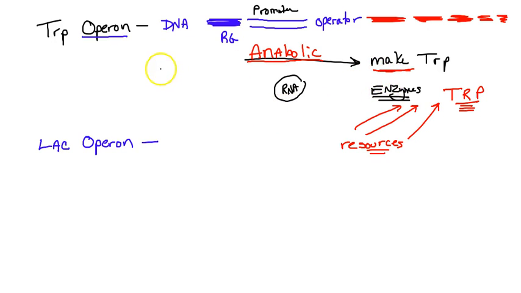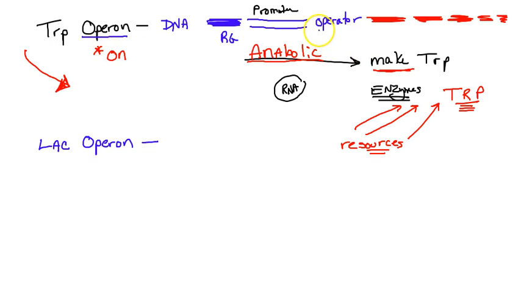Now, think about this, because people get confused. When I memorize the trp operon, is it always on or is it always off? Well, if we're going to make enzymes to make tryptophan, we only want this to be on when we need it. So if you don't have any tryptophan in the vicinity of this gene, and again, this is in prokaryotes, so there are no cell organelles, so if there isn't any tryptophan, that means you need to make it. So this gene is going to be on. And what I mean by on is